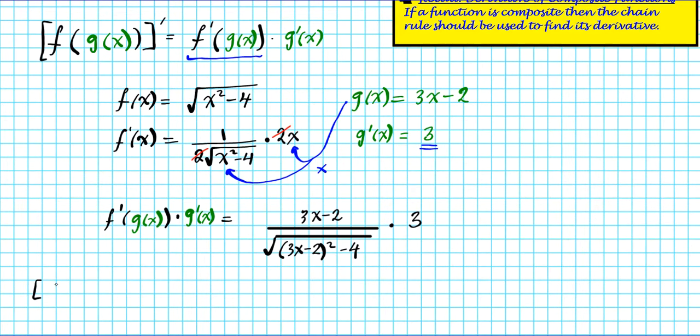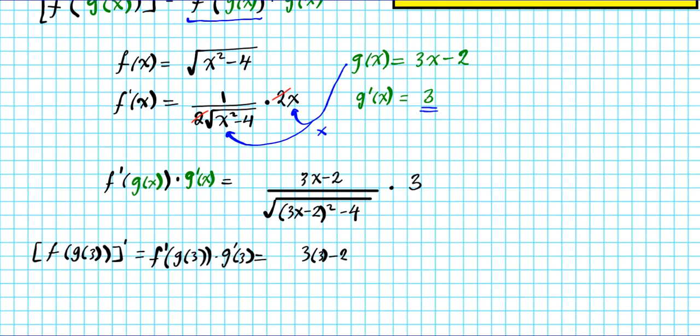So f prime of g of 3 is just this function we got, f prime evaluated at g of x instead of x, times g prime of 3. What does that mean? Just plug in 3 for all the x's. Okay. Alright, so if I plug in 3 here, I have 3 times 3 minus 2, and then that divided by